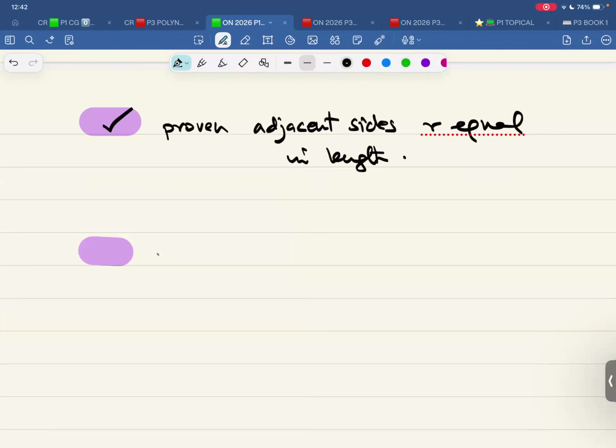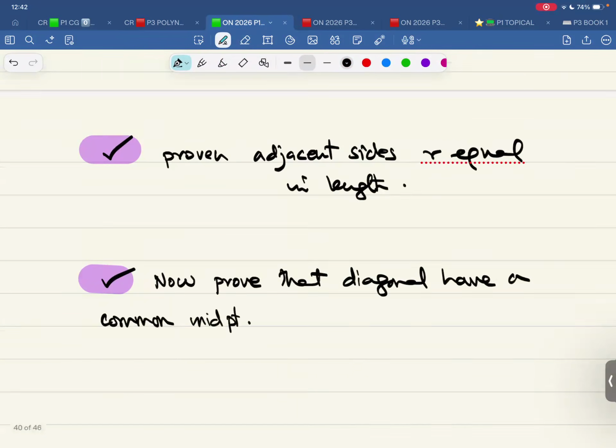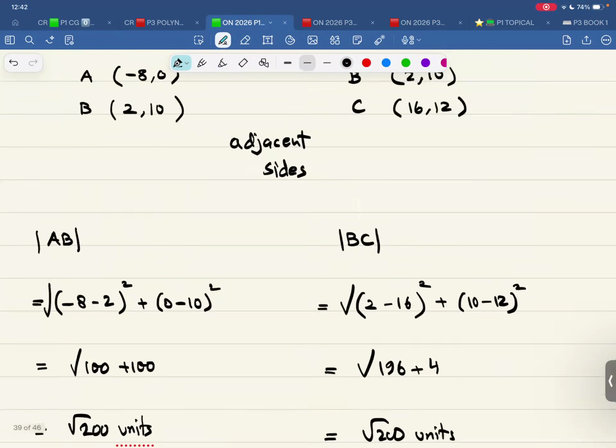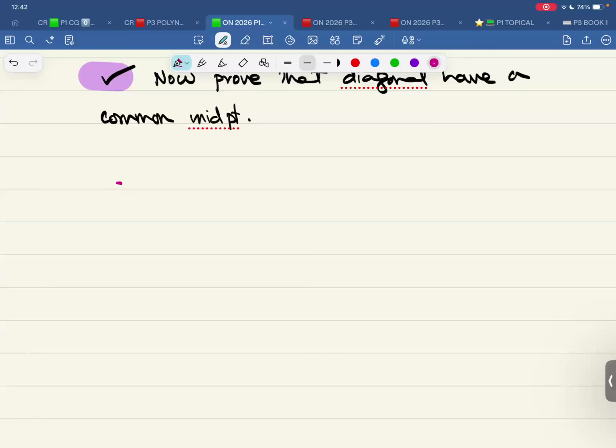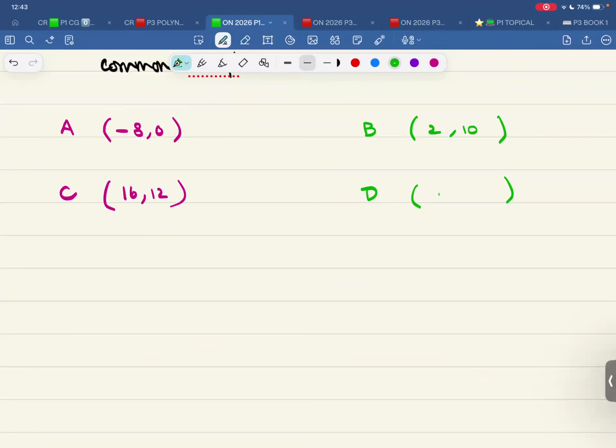Now, the second thing: prove that the diagonals have a common midpoint. So A is negative 8, 0 and C is 16, 12. And then B and then D. What is B? B is 2, 10 and D is 6, 2. Let me calculate the midpoint